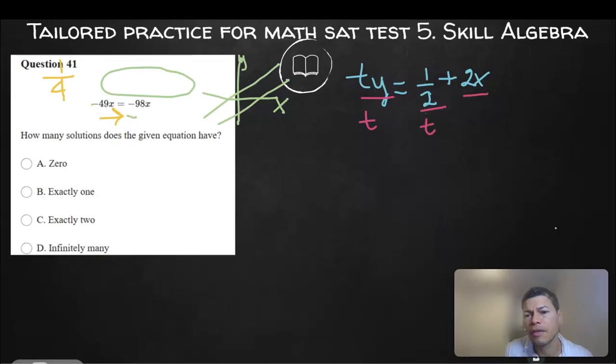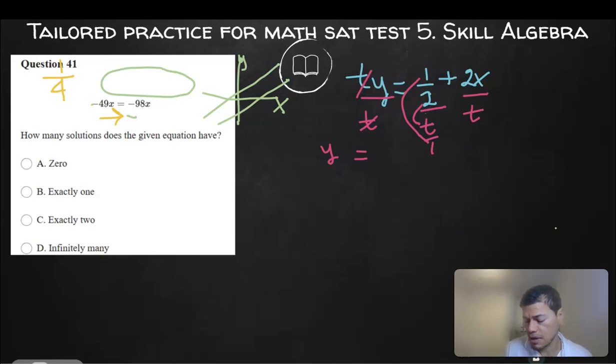Then we're going to divide the 2x by t. When we do that, these t's cancel each other out, and we are left with y equals 2. Then when we divide the half by t, we put the t over 1, and then we multiply the extremes, and then